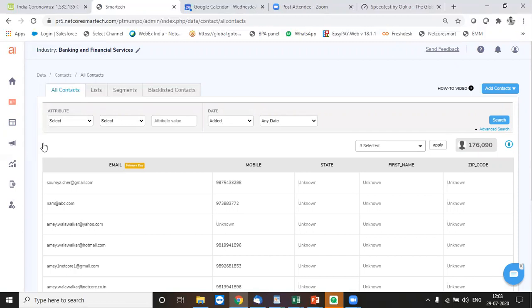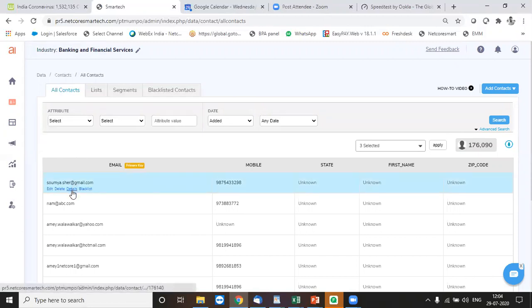Whatever contacts you have so far imported into your system, everything gets collected in a single location, so that it maintains a central repository, just like a CRM, of your contacts and their communication history. If I want to see the communication history of a particular customer, I can go to the details of that customer and find out.